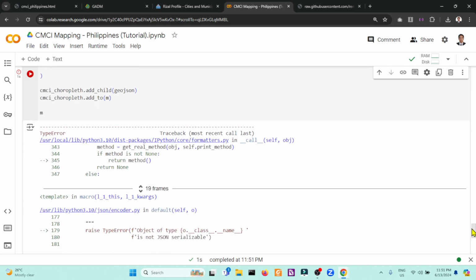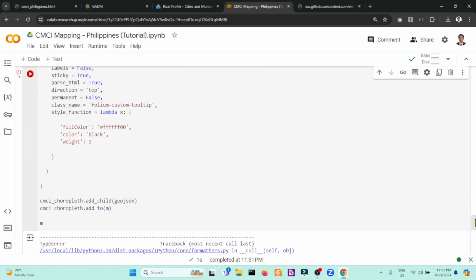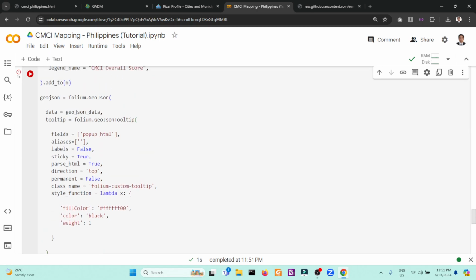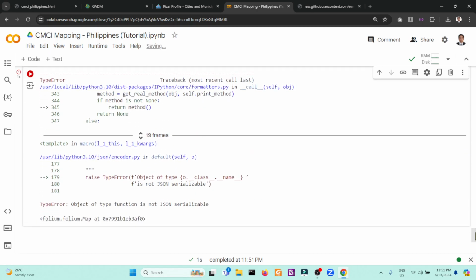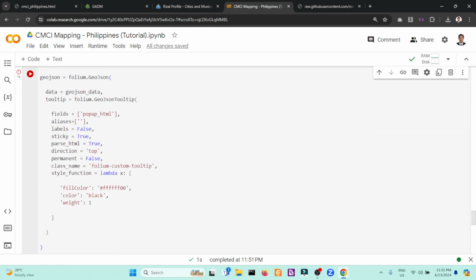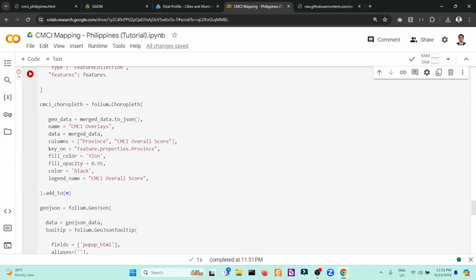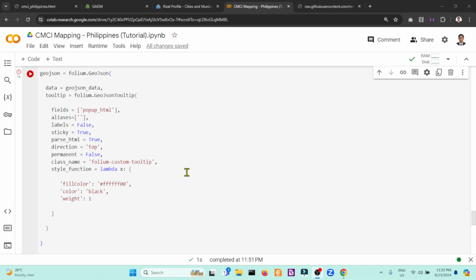So we have an error here. Object of type Timestamp is not serializable. Okay, so maybe we have some error here at line 179. So let me check this one first. Okay, I think this one is the error.